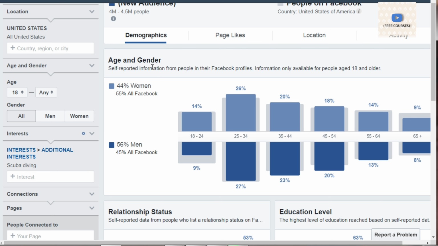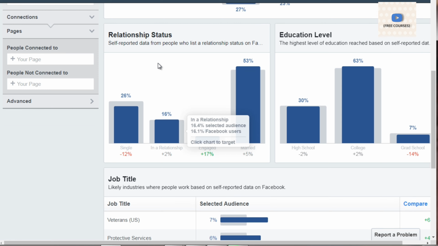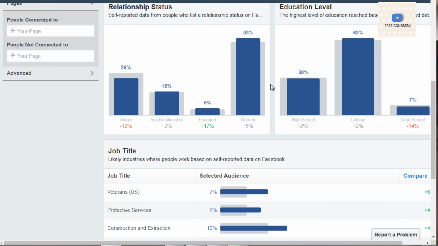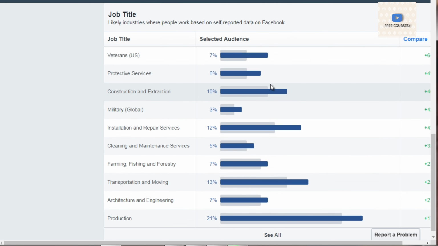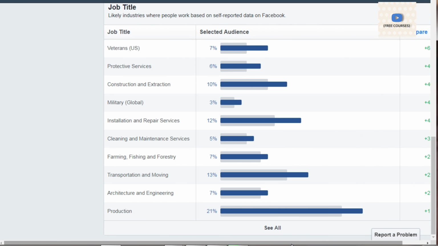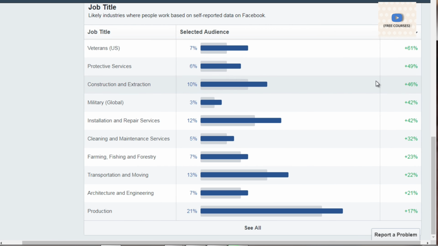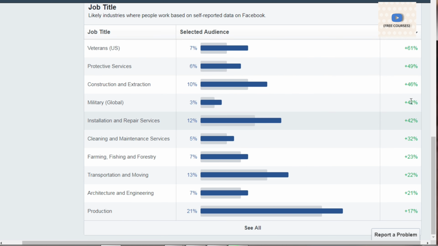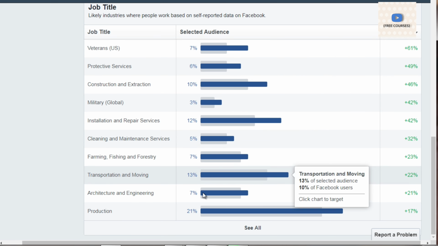Now, if we scroll down a bit, we can see that the majority of these people that are interested in scuba diving are married, and they have at least a college education level. So this is a well-educated group. We can see the job title, now if I scroll to the right here, this is important because it tells you which one of these are increasing rapidly.